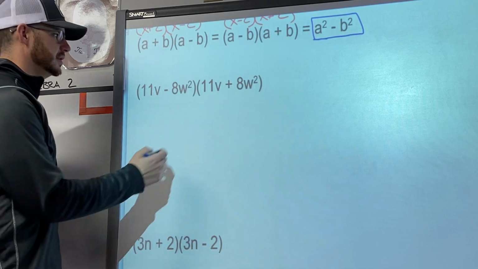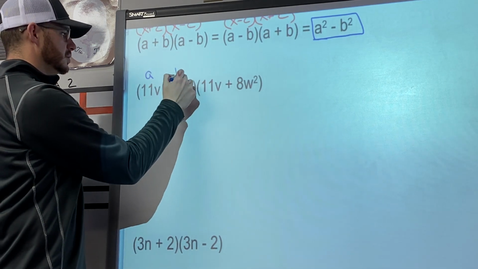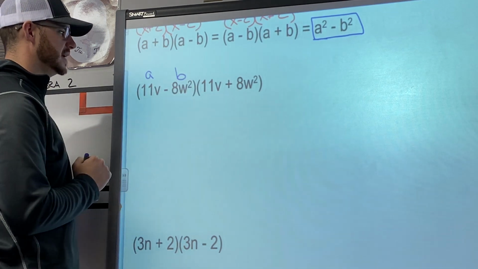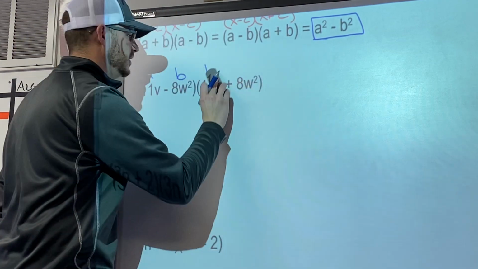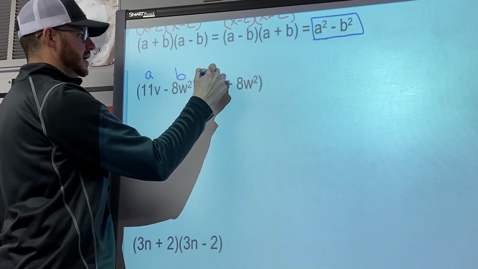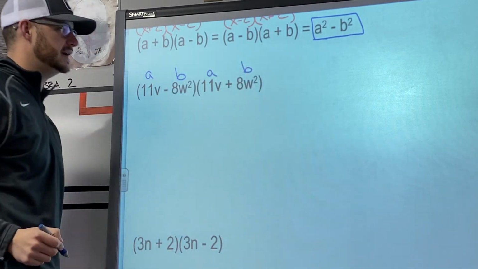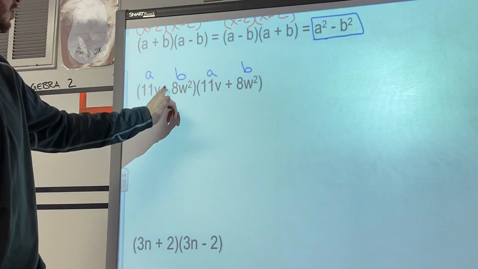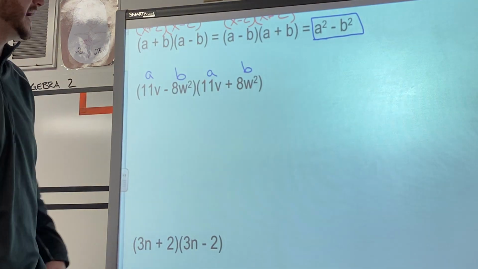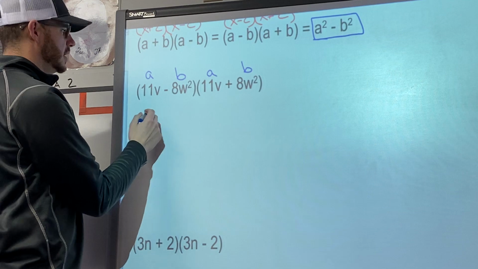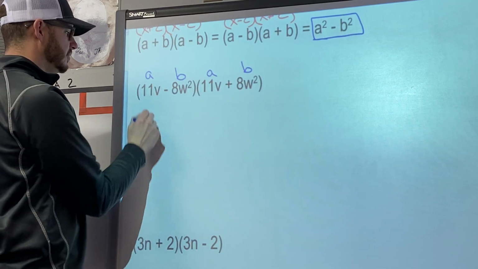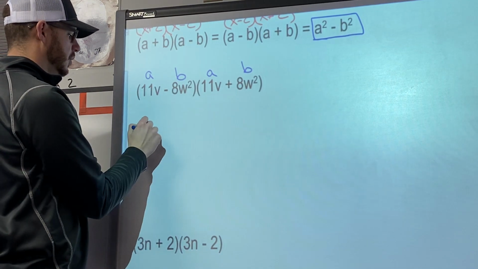So in this case, we have 11v minus 8w squared times 11v plus 8w squared. So we have the same a and b values in both of them. One is subtracting, one is adding. So we're just going to take our pattern here, a squared. So our a is 11v. 11v squared would give us